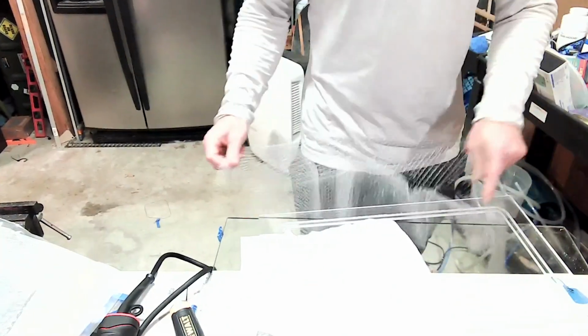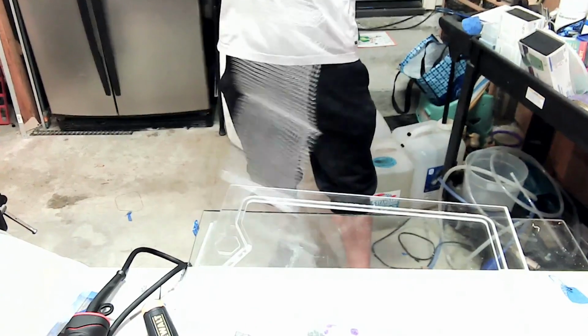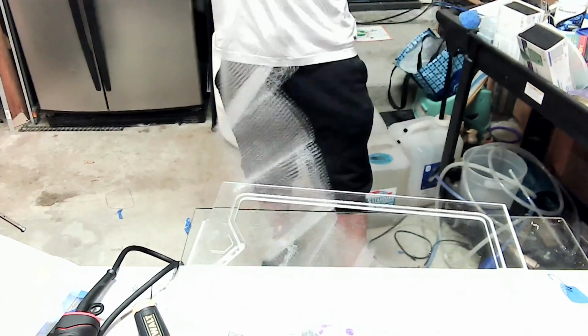The edges are all cleaned up. Now it's time to put on the screen. This is just a standard fishnet screen. I think I got it on Amazon. I'm going to go ahead and spread this out, and then I'm going to wedge in the spline to secure